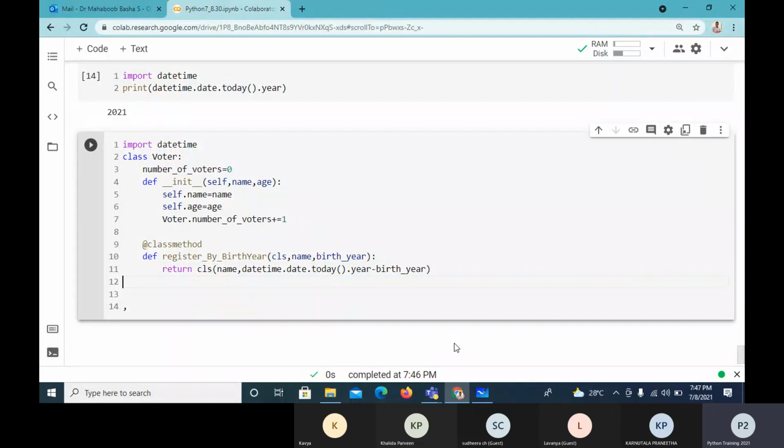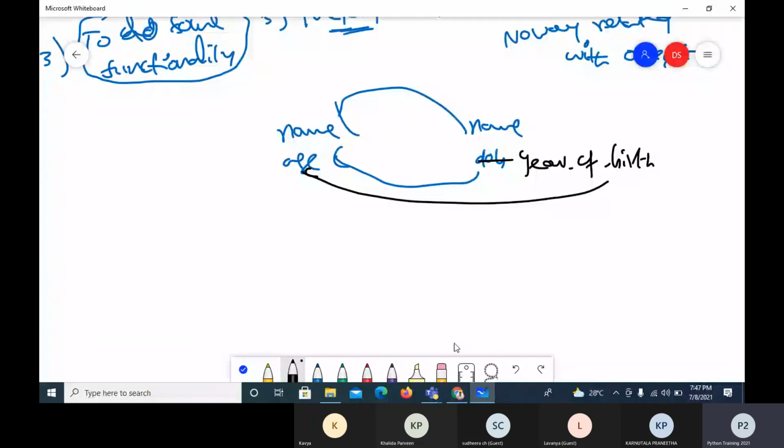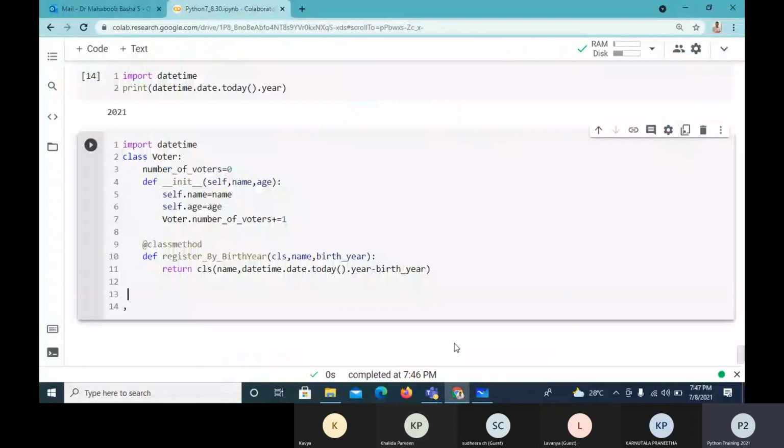Now I want to have one extra facility. Like I told you, a static method gives some utility, an extra facility. It is in no way linked with the object building or registration of the voter. Now I want to check whether the voter is a valid voter or not, whether the voter has a valid age for voting.